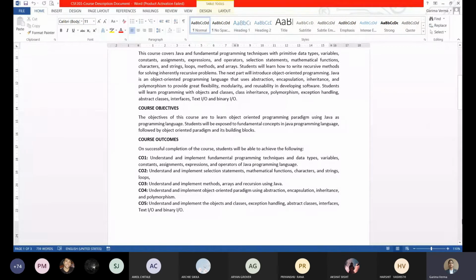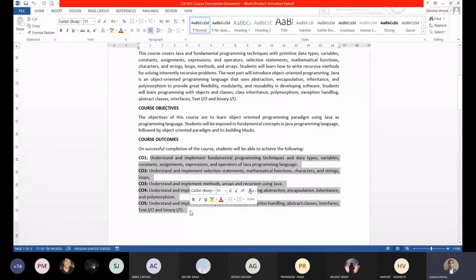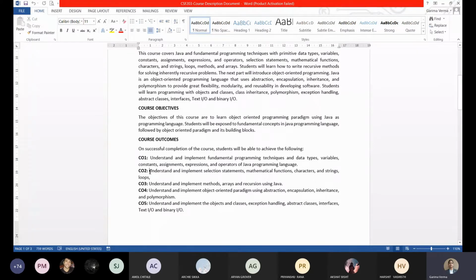So basically your whole syllabus is divided in 5 units, and these are the takeaways. Takeaways means outcomes, like after completion of the first unit, what you will get, after completion of the second unit, what will you get, and so on. So basically, if you see the takeaway of the first unit, then after completion of the first unit, you will be able to understand the concept of Java language, how it is different from the other languages, which means the main characteristics of the Java language.